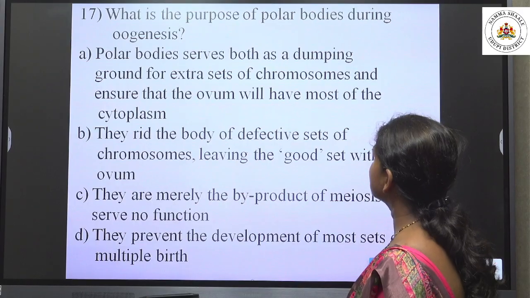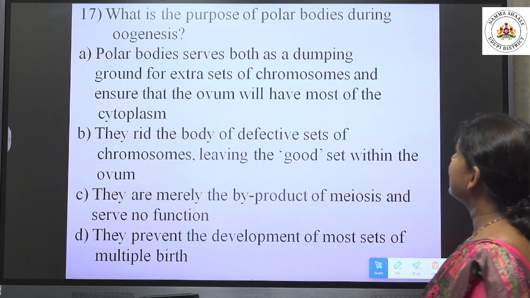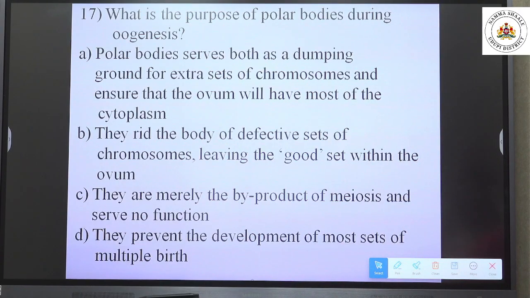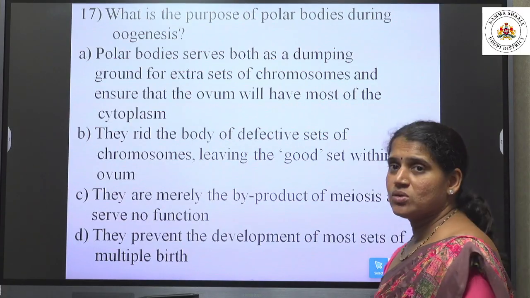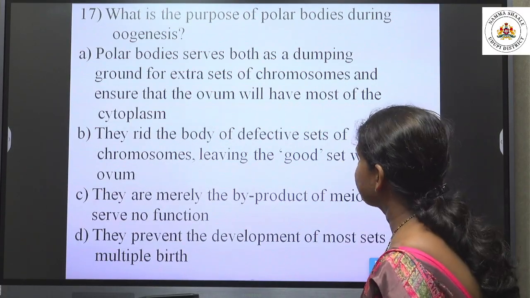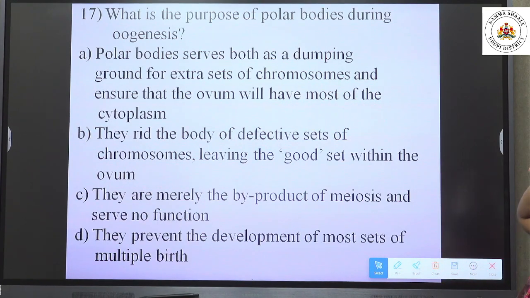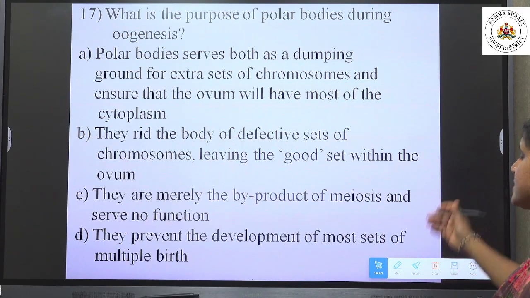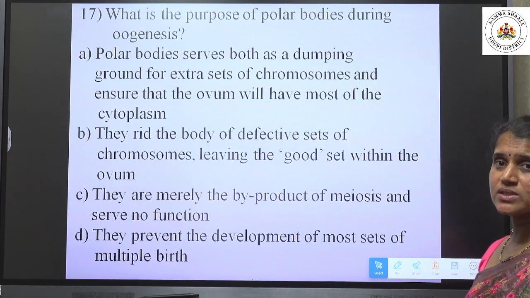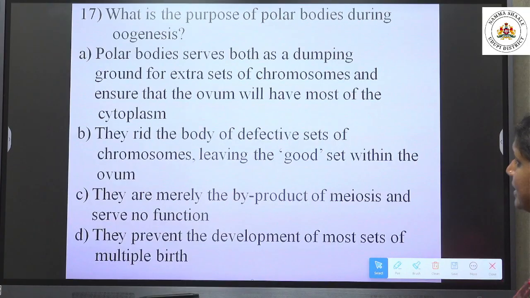Polar bodies serve both as a dumping ground for extra set of chromosomes and ensure that the ovum will have most of the cytoplasm. So you know that during the first meiosis in oogenesis, the first polar body and the